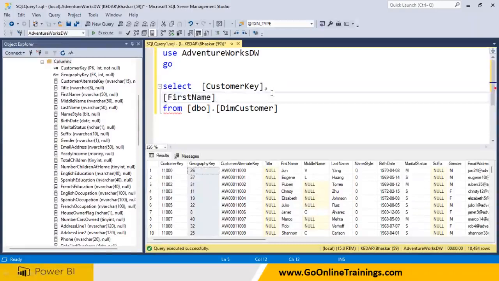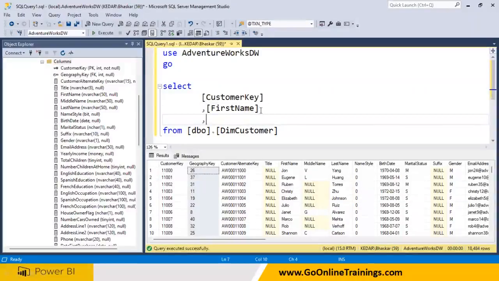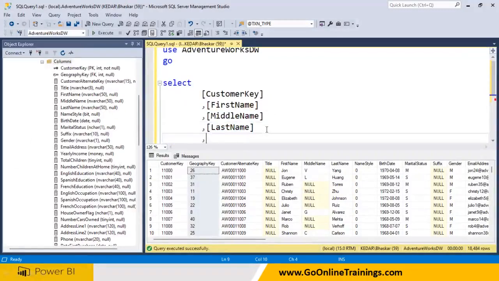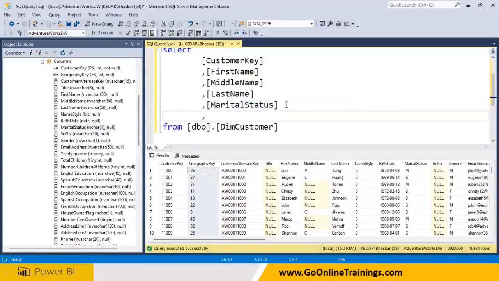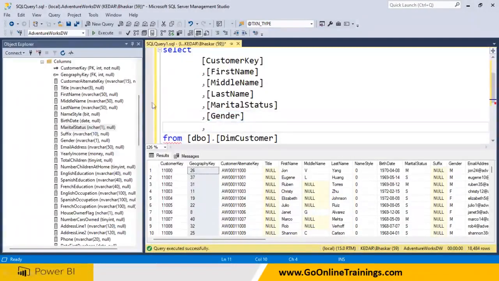Instead of putting the comma here, in real time we are going to be writing like this. Customer name. You are supposed to put the comma here, but in real time, people will be putting the comma here. Okay, and put a comma here: first name, middle name, and last name. After that last name, I need marital status if you want to have it. All the columns you have to take, you need to cut. So this is what is called applying some transformations in the SQL Server itself, right? Gender and yearly income